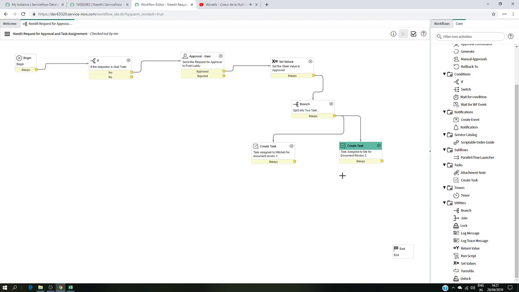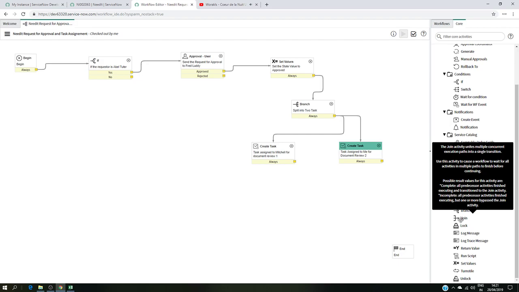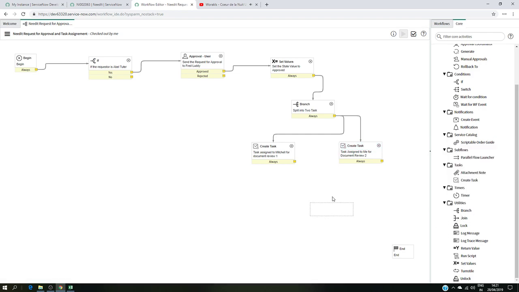Okay, the joining activity will be active only if those two tasks are closed, are finished. Otherwise it will not go through that. So it's just to know how this thing works, how to use these things. So the join activity you can find here under utilities, and just drag and drop,